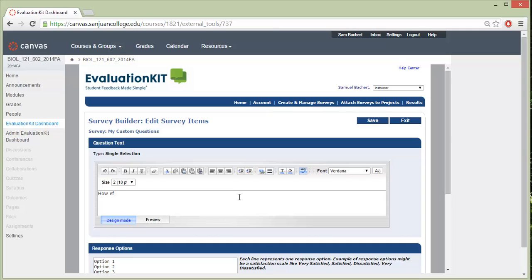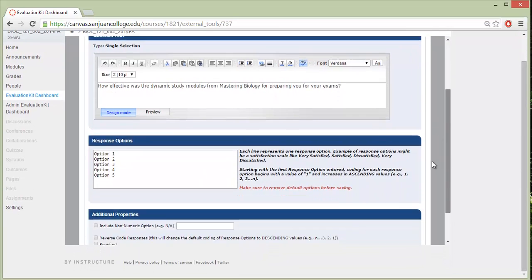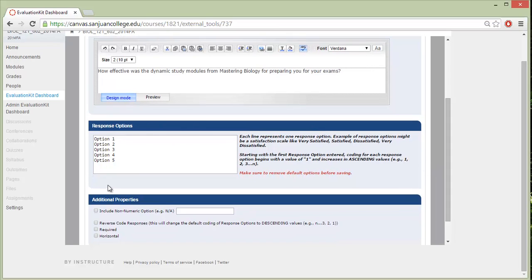And how effective were the dynamic study modules from Mastering Biology for preparing you for your exams? Okay, it can be anything that you want it to be. Alright, so these go in ascending order. So you want to start with the negative at the top and go to the bottom, or you can type it positive to negative, but then need to click the reverse code responses down here so that it goes in descending value. Okay, so we're going to just keep it like this and say this was